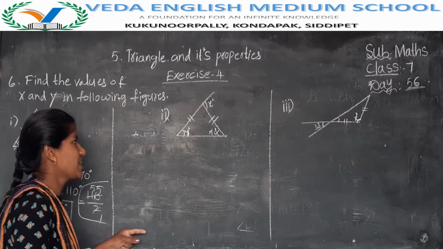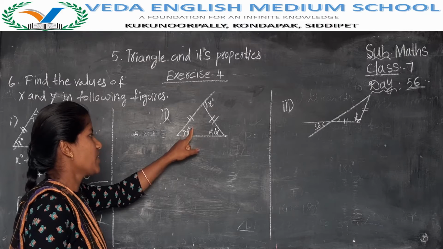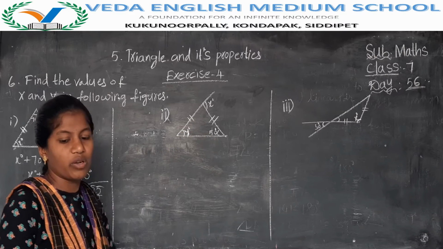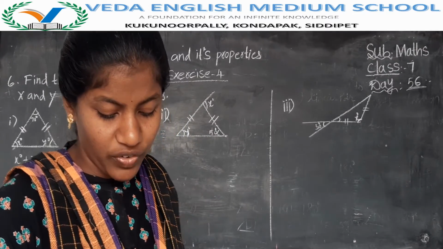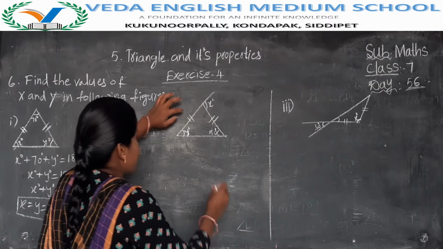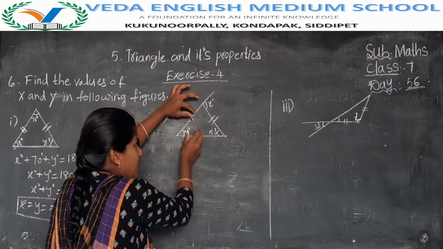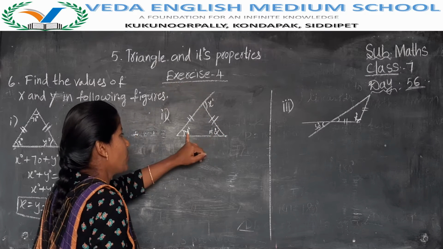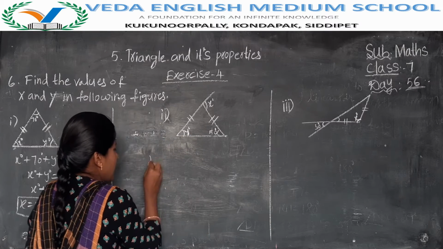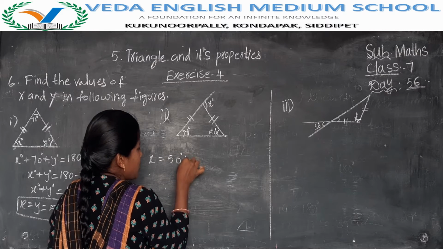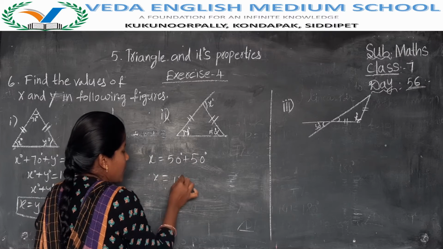That is the first one. Now see the second one. Here they have given x degrees, y degrees, and 50 degrees. Here also they are saying that these two angles are equal. Here y and 50 degrees both are equal. Then how to find x? ఈ రెండు లైన్స్ ఏం రిప్రజెంట్ చేస్తున్నాయి అంటే రెండు యాంగిల్స్ ఈక్వల్ అని. If this is 50, then this is also 50. Then x is equal to 50 degrees plus 50 degrees, so x is equal to 100 degrees.